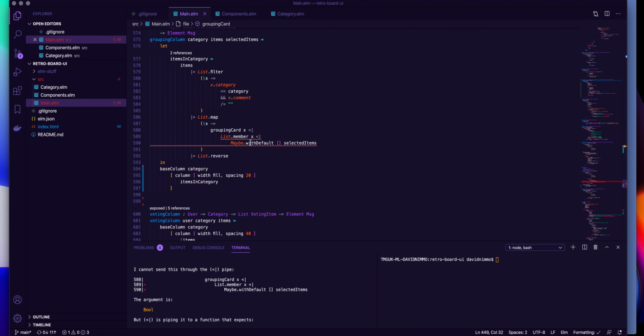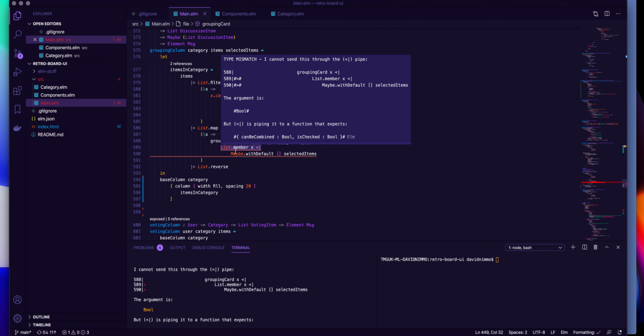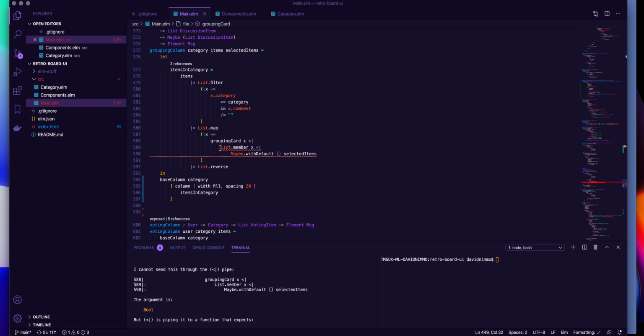What we can do here is say, okay, well now we're sending the wrong thing in here, because this is going to give us a boolean value, but what it needs is that record that we mentioned earlier. So to start with, let's just turn this into a record. So let's do isChecked, which is what we have just said it needs,